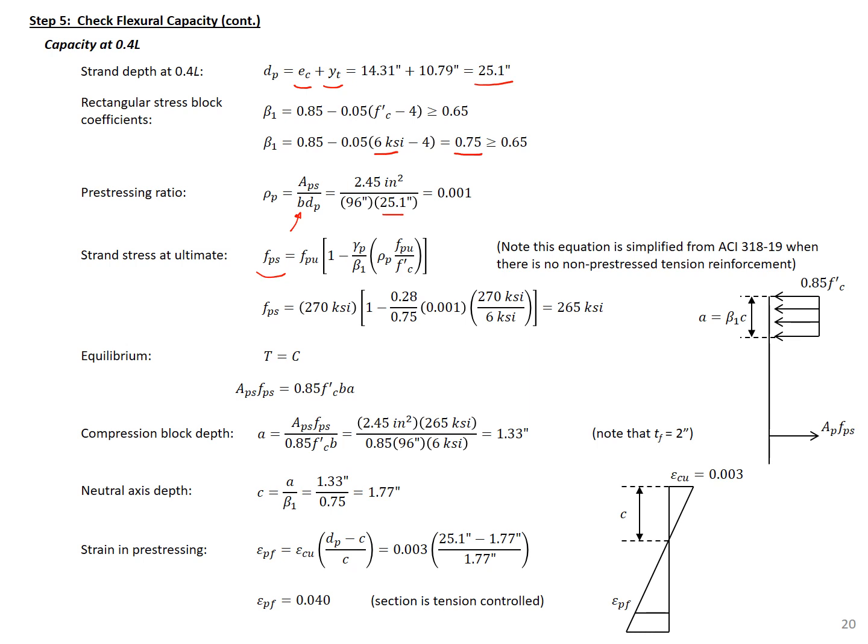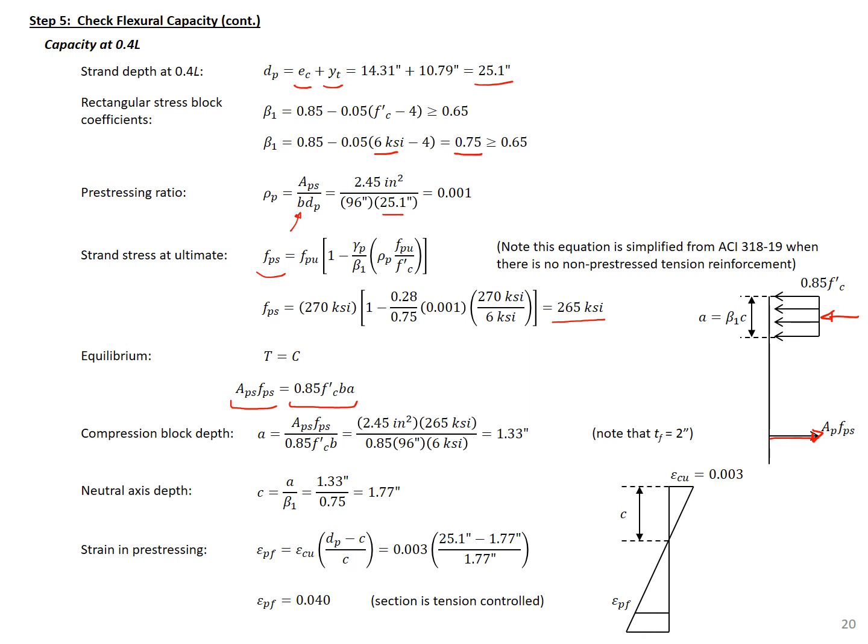Plugging these values into our FPS equation from ACI 318-19, we can find our FPS to be 265 ksi. So this is the stress in the strand at the ultimate strength of the section. Using this, we can look at our equilibrium expression and set our tension force equal to our compression force. So we have our tension force from our strands equal to the compression force from our stress block, and solve